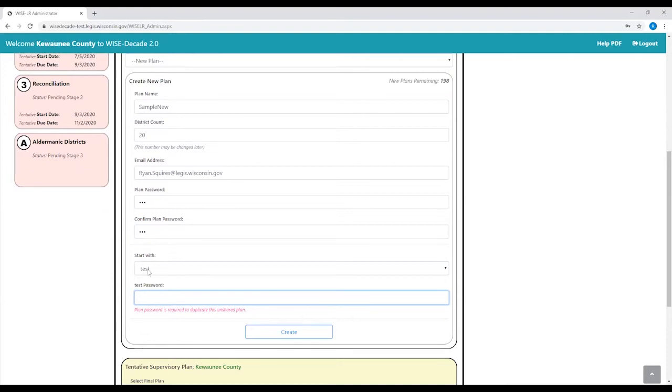So what this means is that I can duplicate my plans if I want to. If I make a new plan called test, I think it's awesome, I want to start from there, but I don't want anyone else to see it yet. I don't want to share it with anybody else in my county. I want to just keep it to myself for now. So I make test, and I come back out here and I make a new one, and I can start my plan then as test, what I already had before,